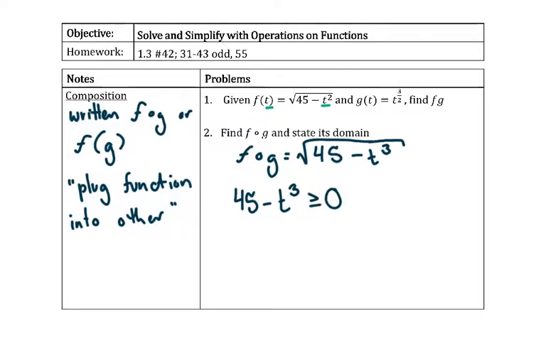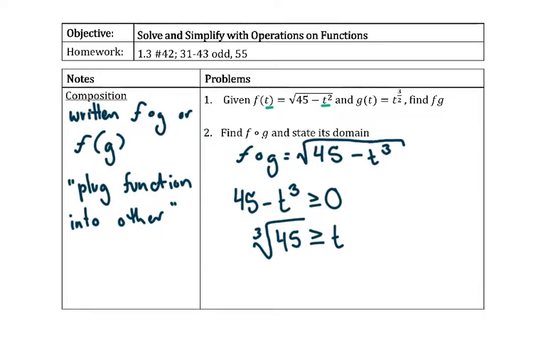When you solve that by adding t cubed to both sides and taking the cube root, you get that t has to be less than or equal to the cube root of 45, which should be some decimal if you want to grab a calculator. Now, this is the domain of this function if it was its own separate entity,